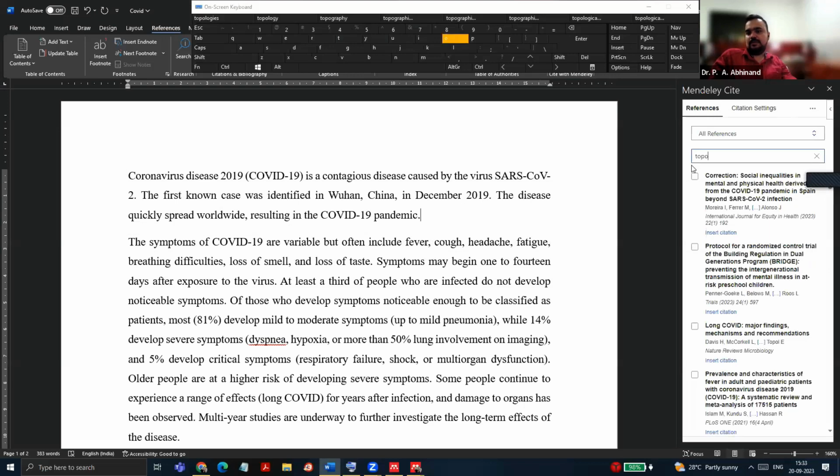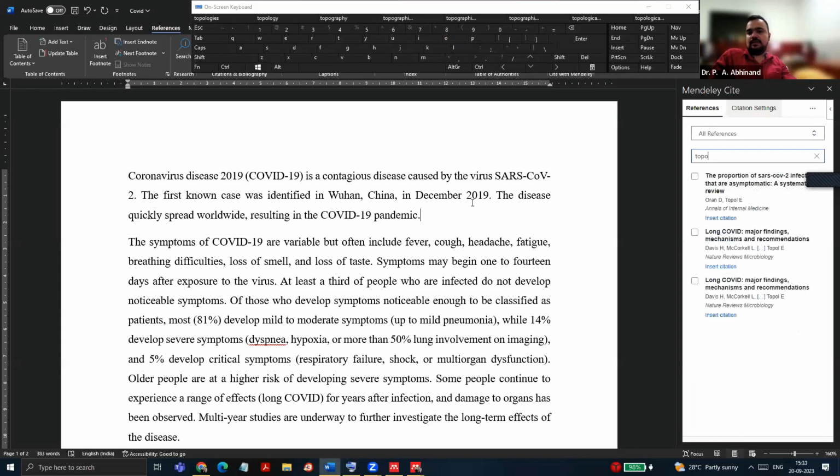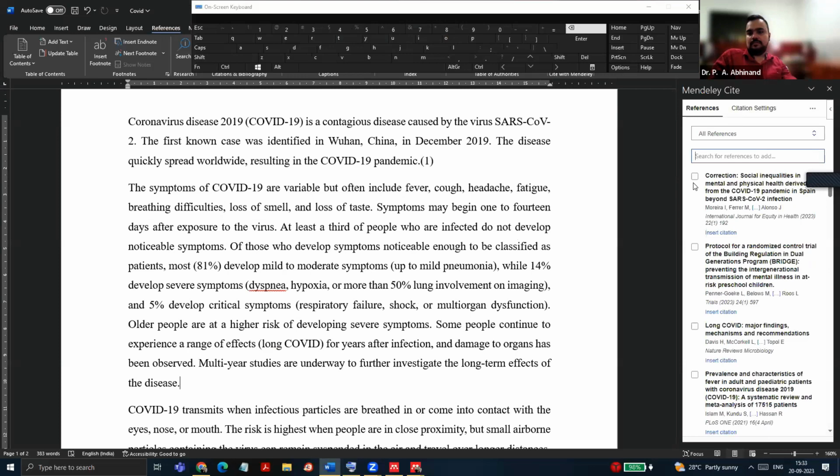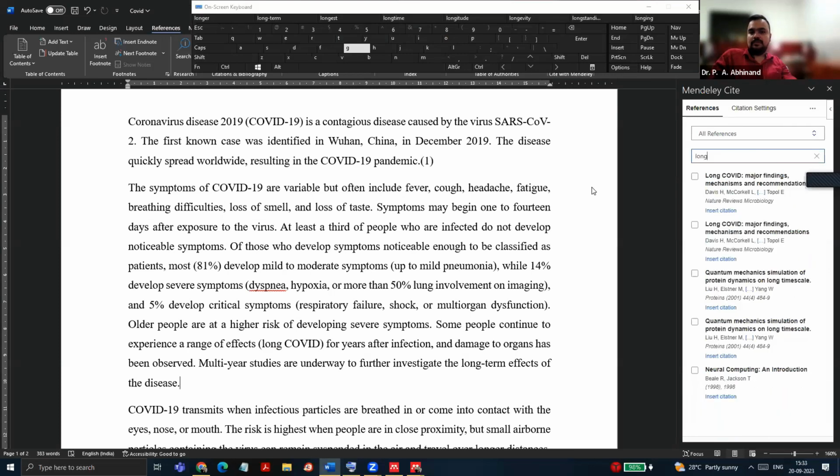I just have to tick on it and insert citation, and it has gotten added here. Say for example, I want the next reference here. This is the paper on long COVID. So second paper is added.